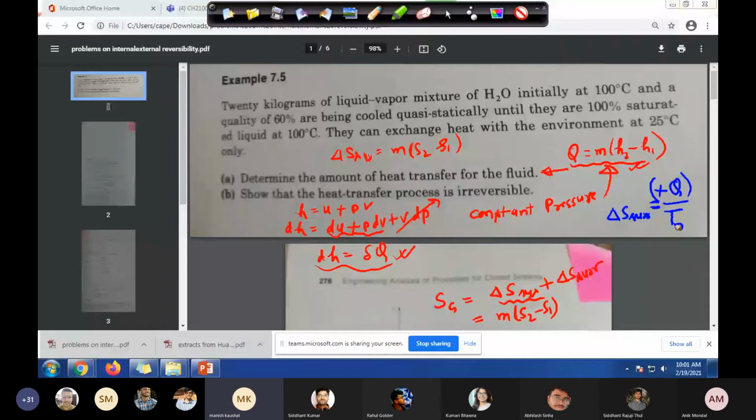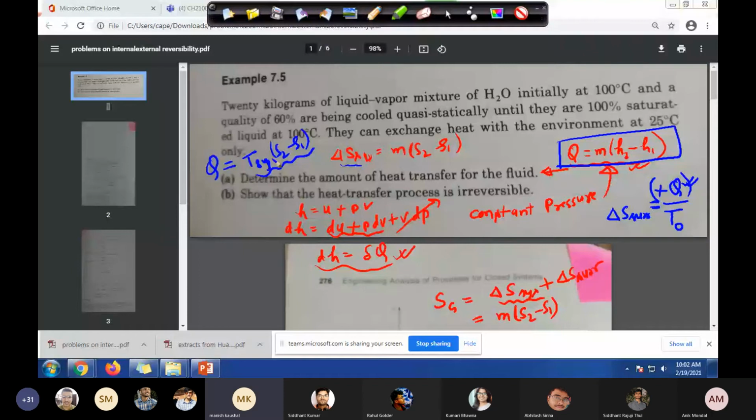Now we want to know this Q. And this Q is numerically equal to this Q. Yes, sir. Or you can simply say that, yeah, that's all. Nothing else we can say. Fine. Or there is another way to calculate Q also. You can calculate this Q with this delta S system also. If I want to calculate the same Q, you can calculate it with T of system times S2 minus S1 also. I guess you should get the same.